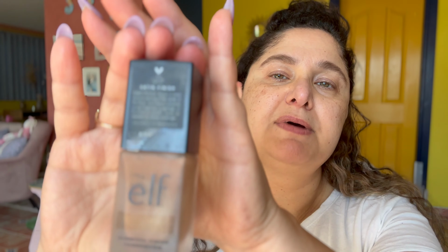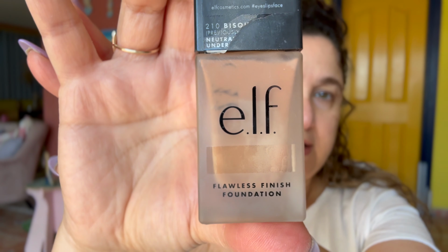So moving on to foundation, I have an excellent product that I have been using for years now. This one here is the e.l.f. Satin Finish Foundation. It is well loved, and just giving that a bit of a shake, putting that all over